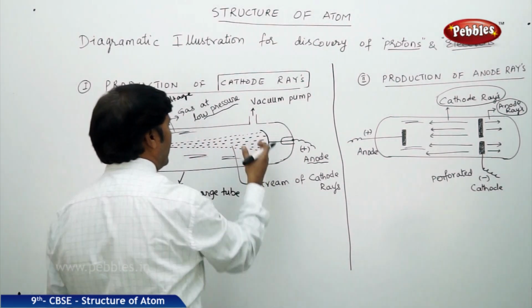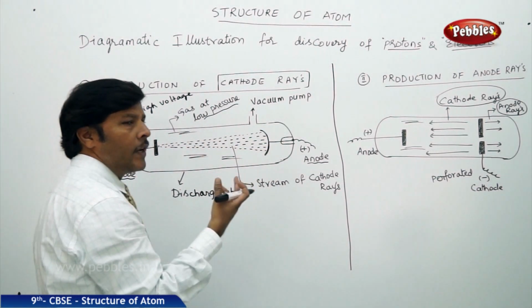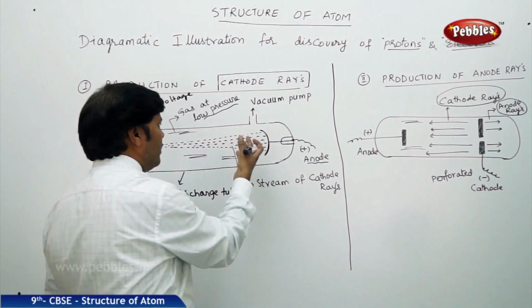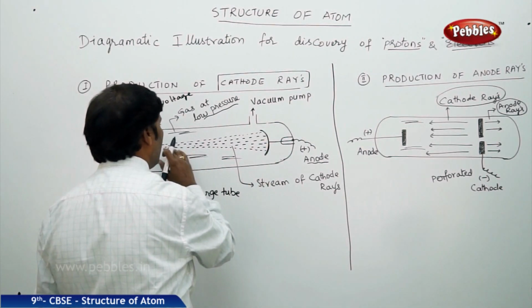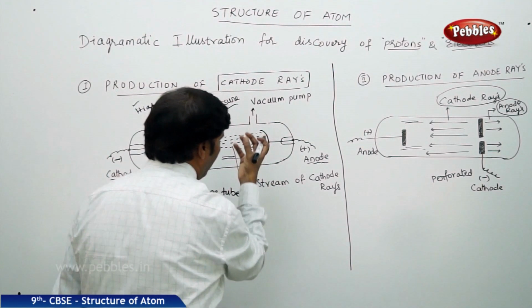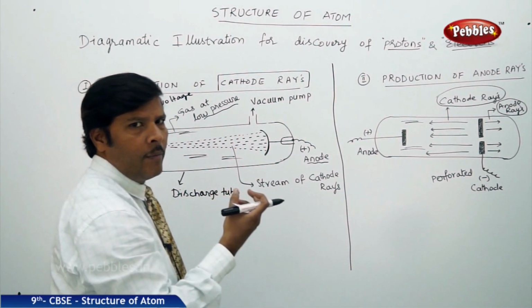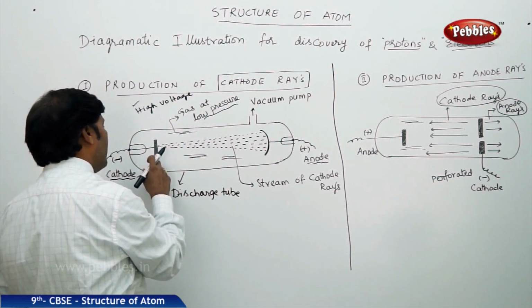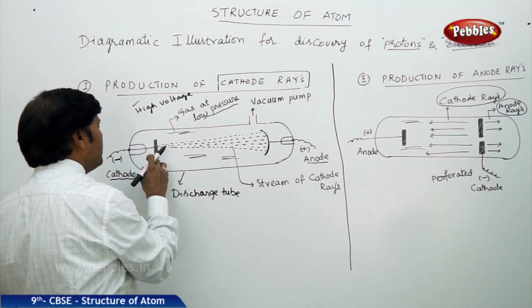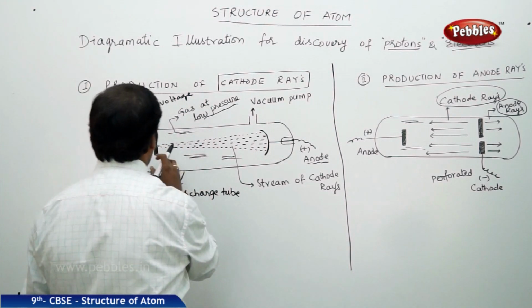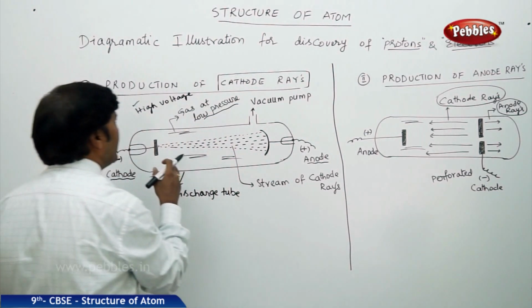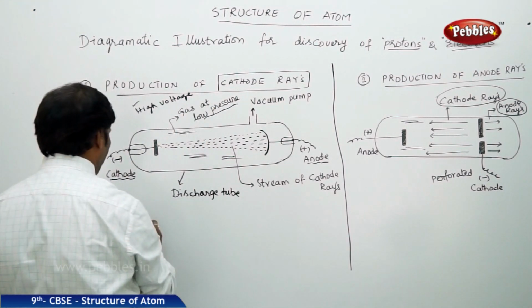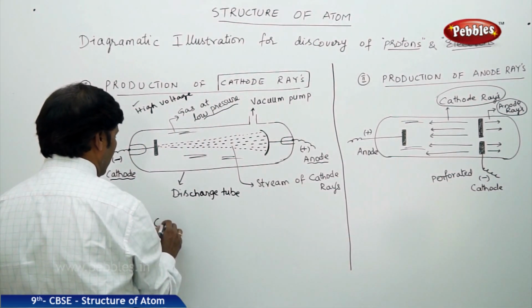Once they hit, this stream of cathode rays can be traced by the photographic plate. Maybe this is the kind of photographic plate on which you are trying to trap the cathode rays. But one thing you have to understand here is, the electrons in the form of negatively charged particles are originating from the cathode electrode. And one more important aspect of the cathode rays is,